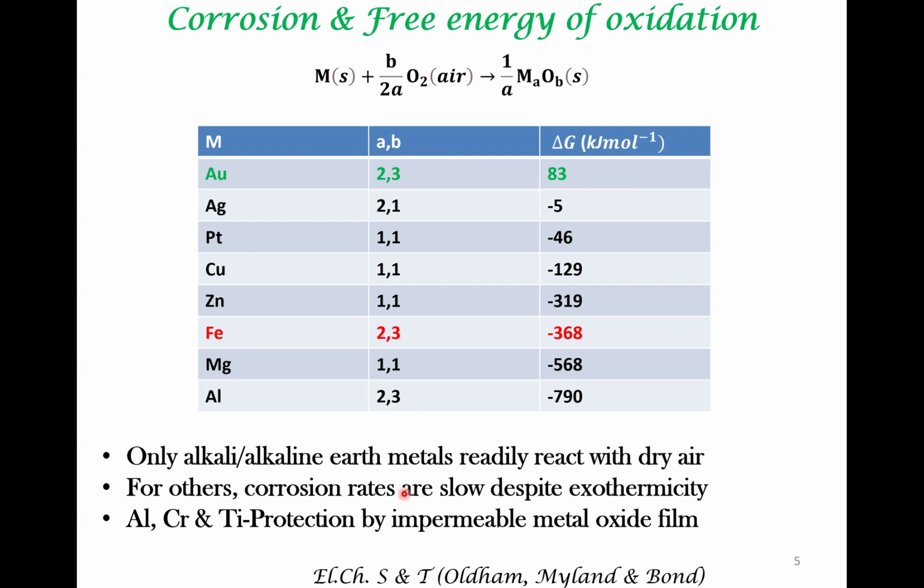So in addition to this, metals like aluminum, chromium, and titanium, despite having very negative delta G, are resistant to corrosion because the surface of these metals forms a metal oxide, which prevents further corrosion. Okay, so there is a passive metal oxide film that is formed on the surface of these metals, which prevents further oxidation and corrosion of these